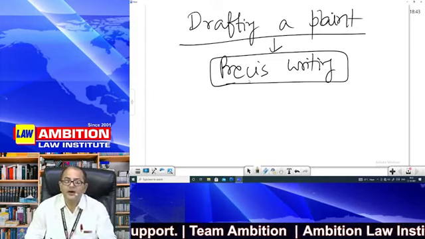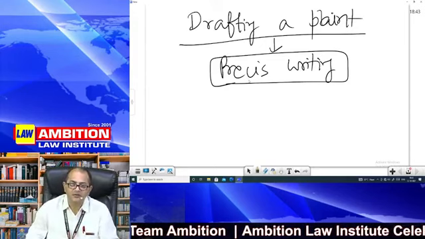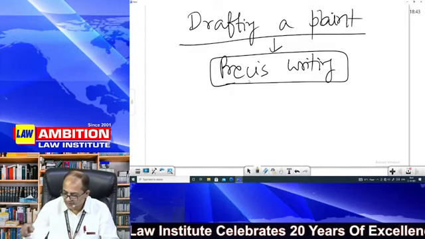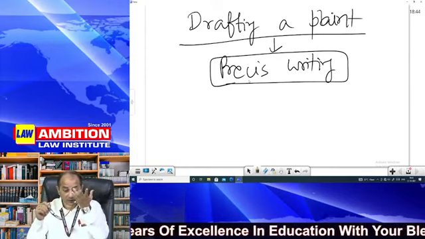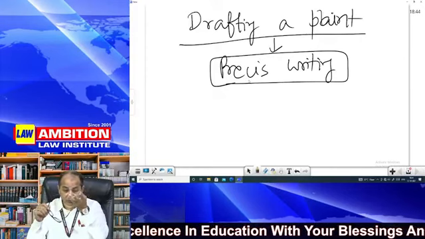So you should have idea of basically law, but that is one part. But besides that, you must understand that when you draft a plaint, it has to be very precise, very concise, very brief, to the point, so that judge is not required to waste much of his time, and he should be told categorically what is the exact issue and what is the exact relief which is being sought here.